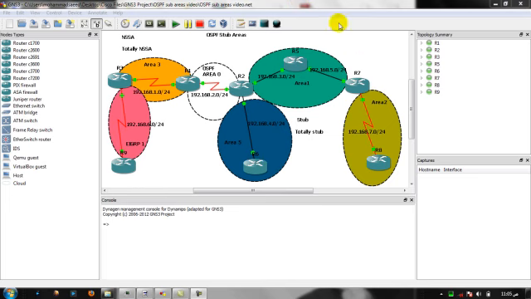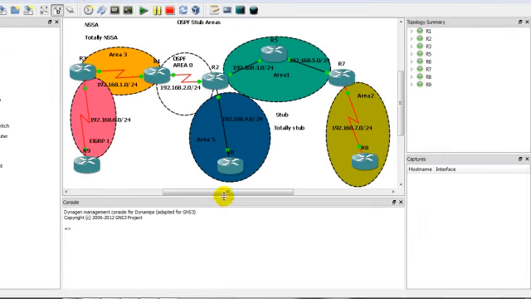I'm Muhammad Saeed. Today we are going to speak about OSPF stub areas, and in this video we are going to see this topology. Here we have 8 routers, and each router consists of different areas. We have many OSPF areas here, and we have EIGRP Autonomous System 1 between router